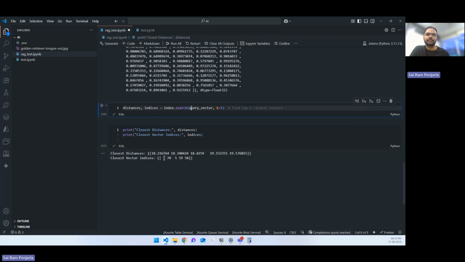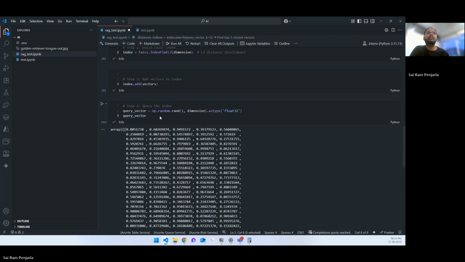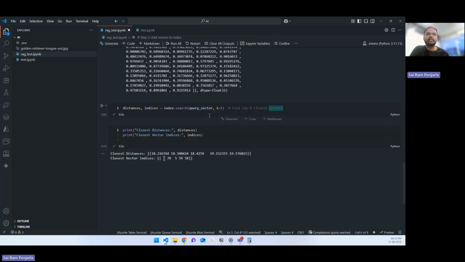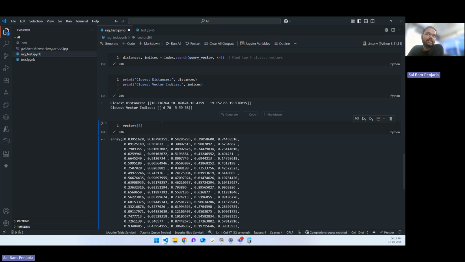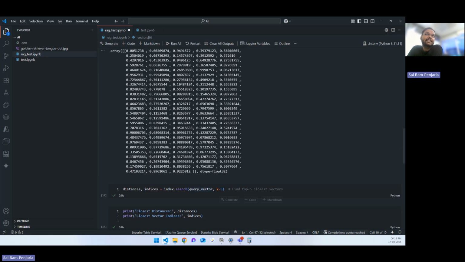Let's try to see that. My vectors. So it is saying that this sixth index, which is this one, this array, this vector is very, very similar